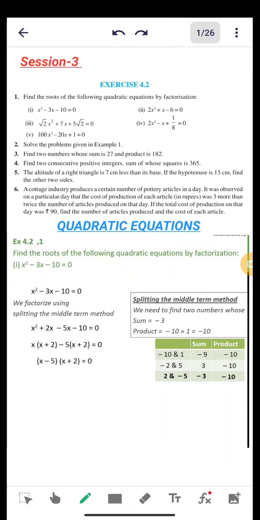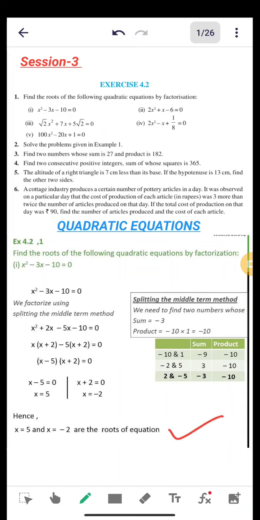Now from here I can take x plus 2 common again. X plus 2 is common, remains x minus 5. So x plus 2 and x minus 5, these are the two factors. X minus 5 equals 0, x is equal to 5, and x plus 2 equals 0, x is equal to minus 2. So these are the two roots of the quadratic equation. This way we have to follow for solving quadratic equations by using